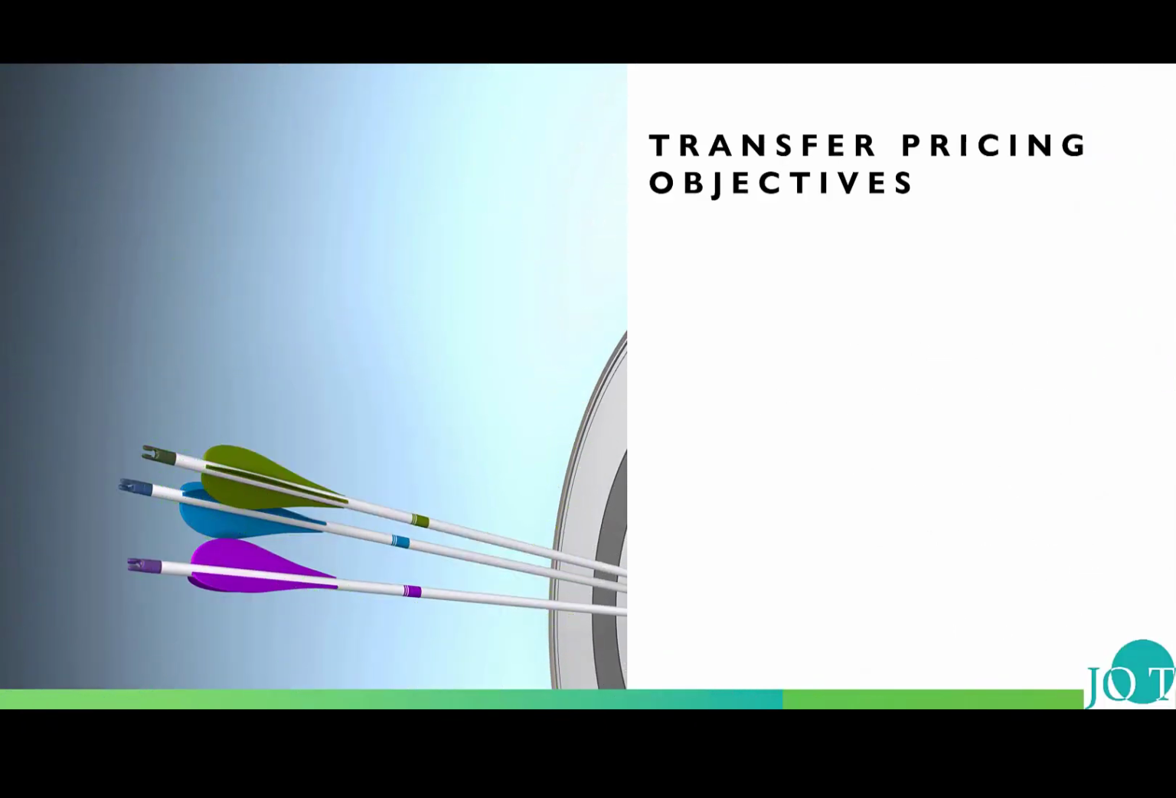So we're going to start with the transfer pricing objectives. We have 4 of them. The first one is goal congruence. You need the divisions to act in the best interests of the company. So you need a transfer price that makes them work for the business as a whole, not for